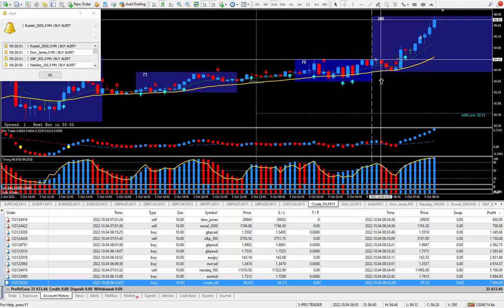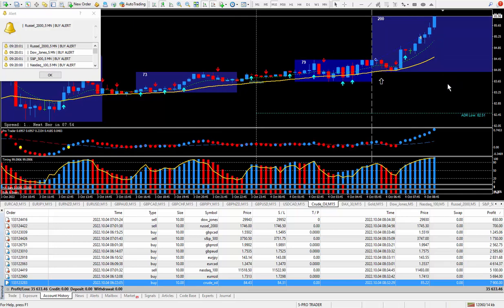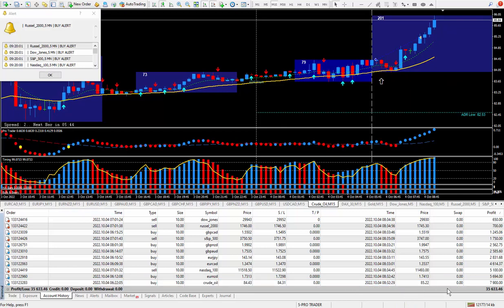Looking at the money, it should be 79. If I was still in the trade now, it would be 144. There it is right there, 79 ticks times the $10 times the 10 lots paid out $7,900. So another great day of trading. I knew it was going to be over 300 pips and ticks. I added everything up and it came to 461 pips and ticks, and that paid out